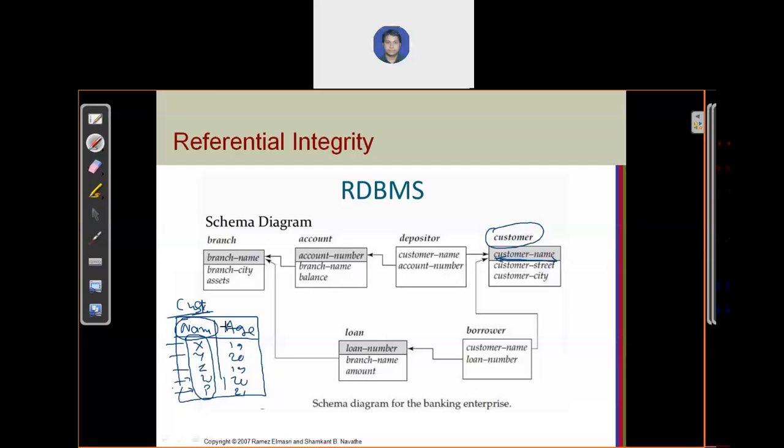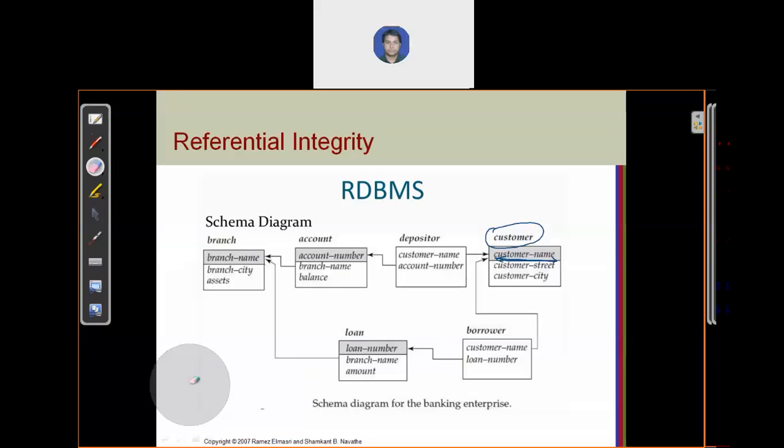Okay, so it always depends on the state of the relation. But setting name as a primary key is not recommended. I'm not recommending that you set customer name as a primary key, because when you enter any new customer, there is a chance the new customer has the same name you entered earlier.